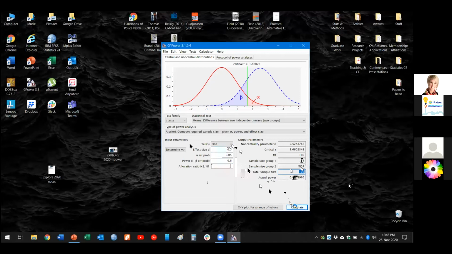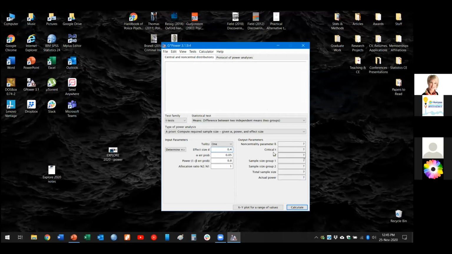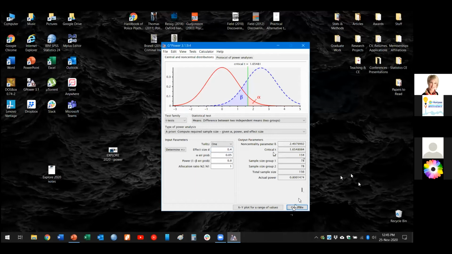However, if in actuality, the effect size is a little smaller than that, let's say it's 0.4, you can see how my sample size increases by about 50 people, 78 per group, for a total sample of 156.